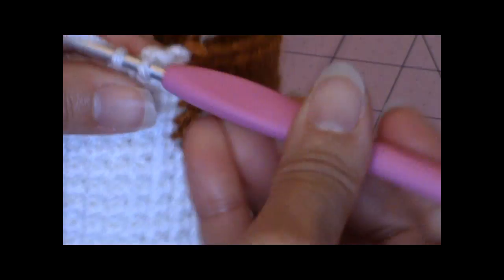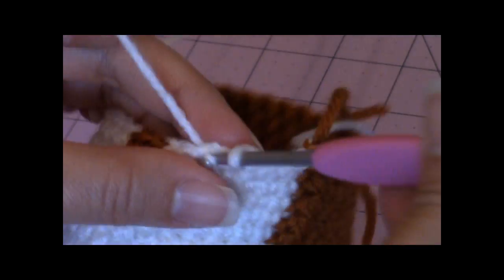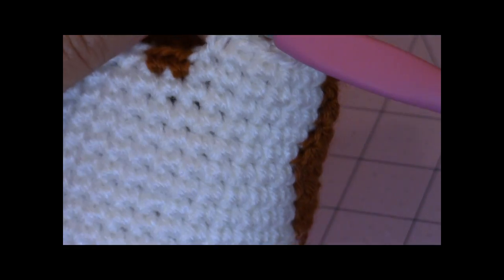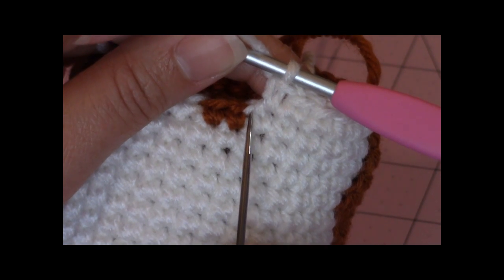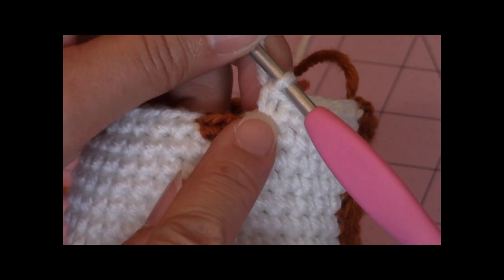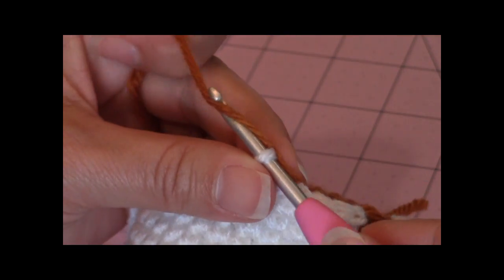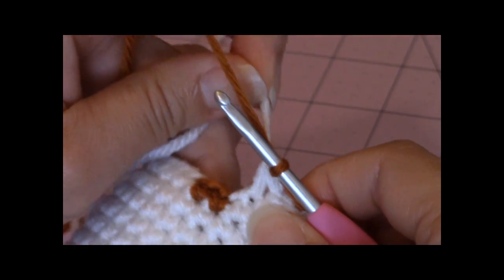And I'm just taking my white colored yarn and making one single crochet up until I get to the first spot. So again, I just want to point out that you have this little tricky loop where we made the color change. You don't want to count that as a stitch. So now I have one loop after I finished my single crochet. I have the loop there. That's where you're going to bring the alternate color across, not too tight, and then just bring up a loop. Then you're just going to cinch that white loop down,